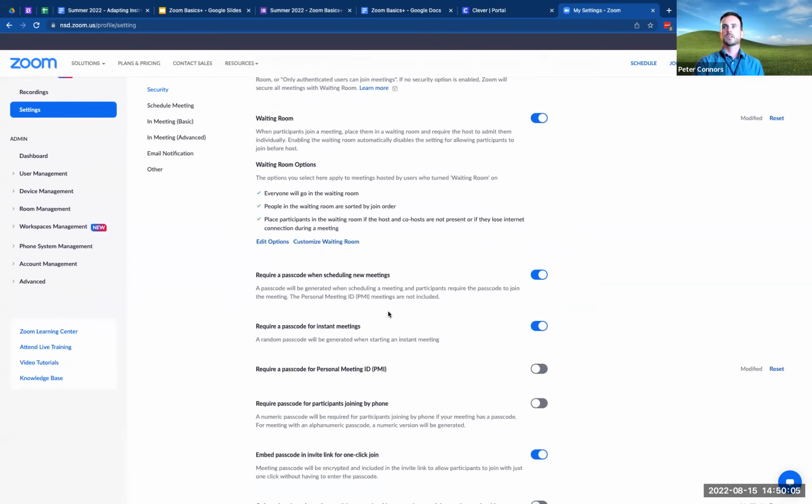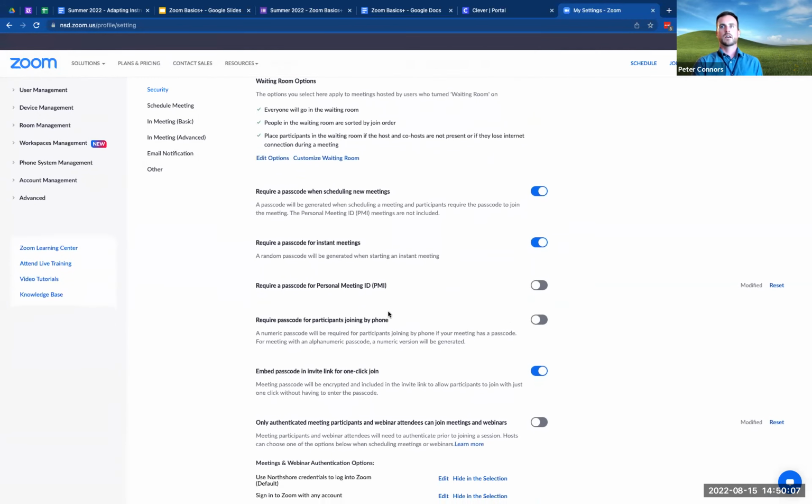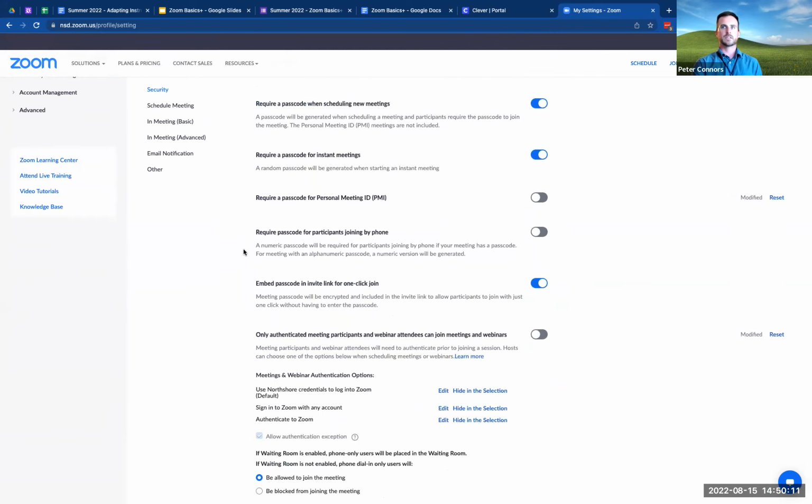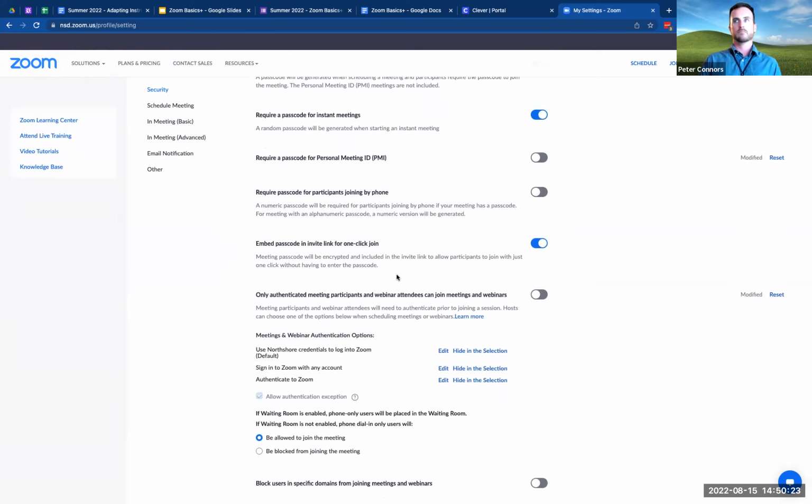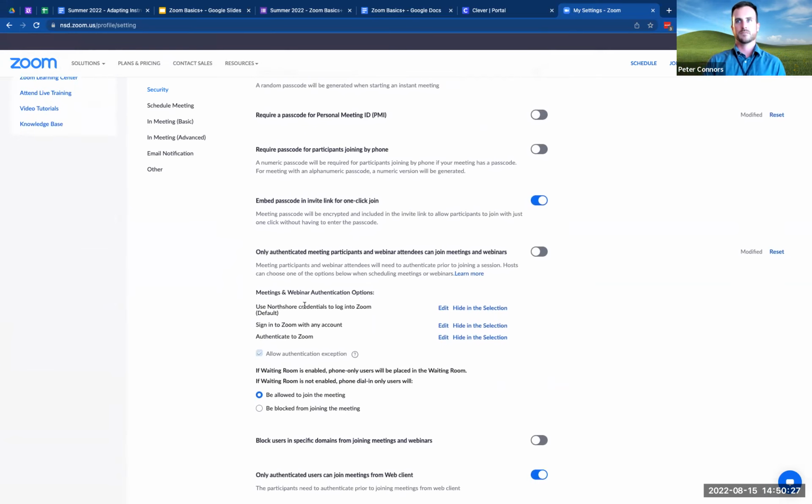And then as you scroll down this more, you have other settings related to your passcodes. I would mostly leave these as the default. These are going to be ones that are pushed from the admin side. So the security things, I would say, yes, you want passcodes. And remember, again, this is pushing out to all of your meetings.